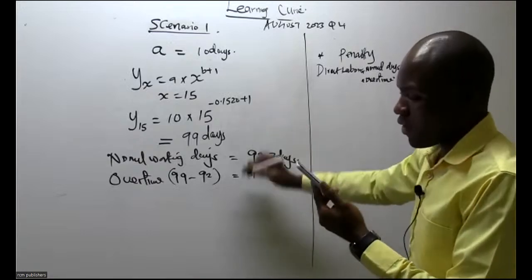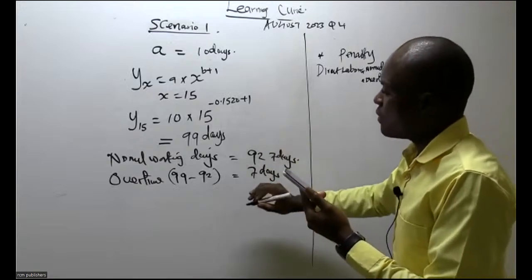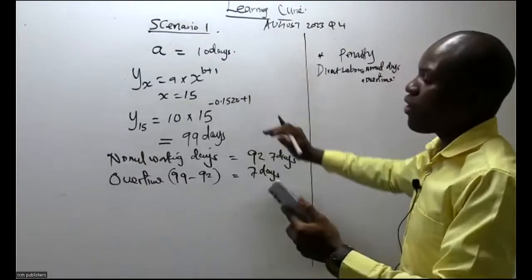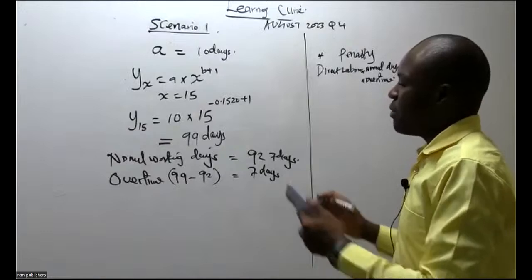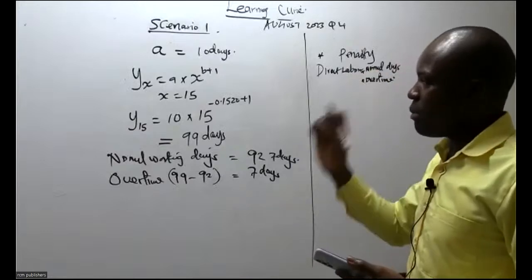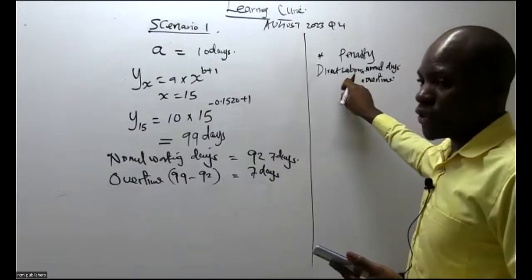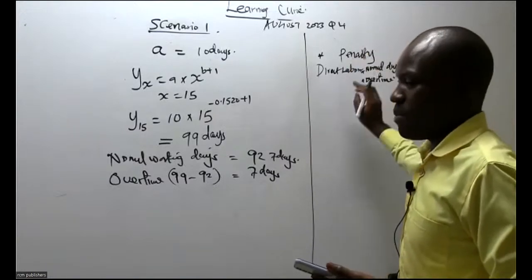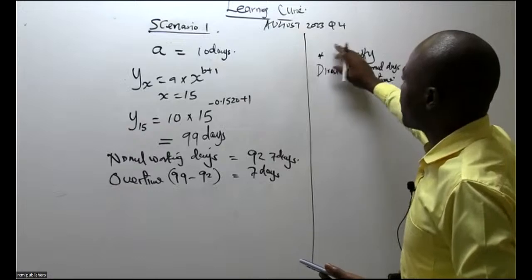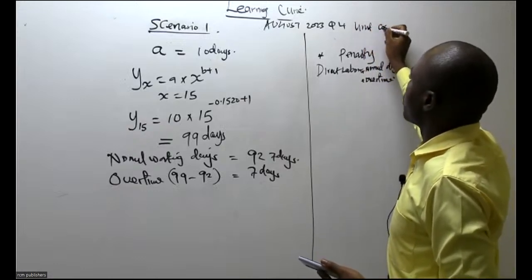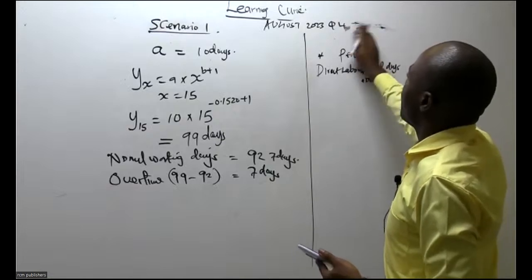They can work overtime and deliver these 15 buses within the time allowed. They need to work overtime. The employees will be paid for that overtime, and the amount you pay them will be part of the cost of producing the 15 buses. Basically, our interest here is to get the cost